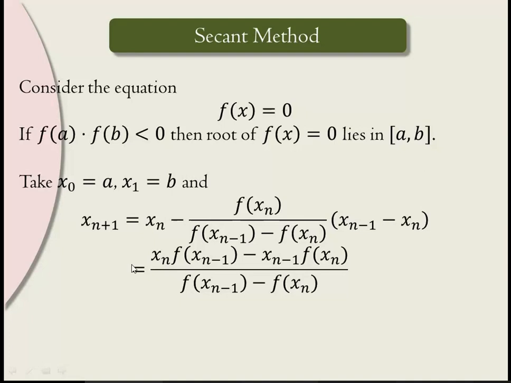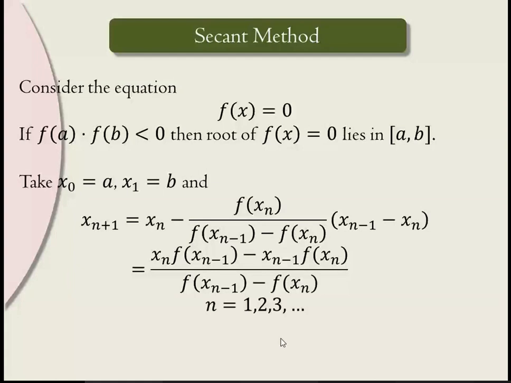So carefully remember this formula. It is exactly similar to that of the regula falsi method, only the notations are different: A into f of B minus B into f of A divided by f of B minus f of A. Same formula, only what we have to change is very important. There we fix one point. Here we are not fixing any point. Every time we take the new interval, we exclude the previous point. We remove x naught, then we remove x1, and take the new interval. Like that we have to do the simplification. So that is the only change. Otherwise it is exactly similar to the regula falsi method.